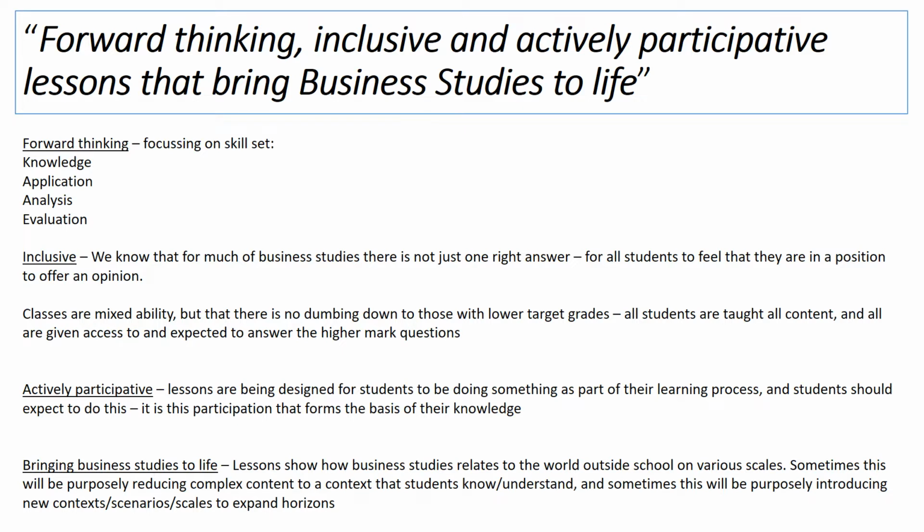But also, we've got a number of other objectives we're trying to achieve. We're trying to look forwards, both to exams and beyond. So we want students to come away with knowledge, the ability to apply their ideas to a context or a scenario, analysing the significance of what they're thinking, and genuinely being able to evaluate what is important and what isn't